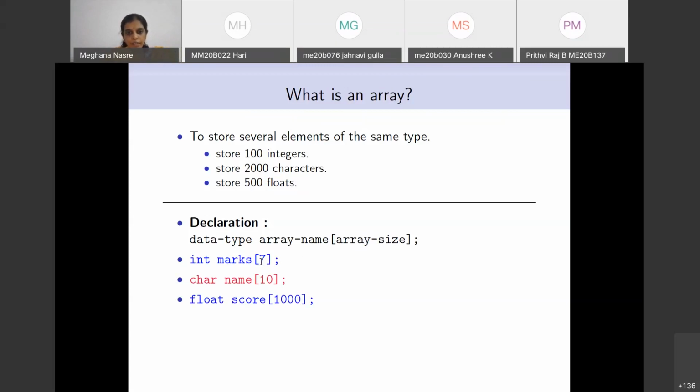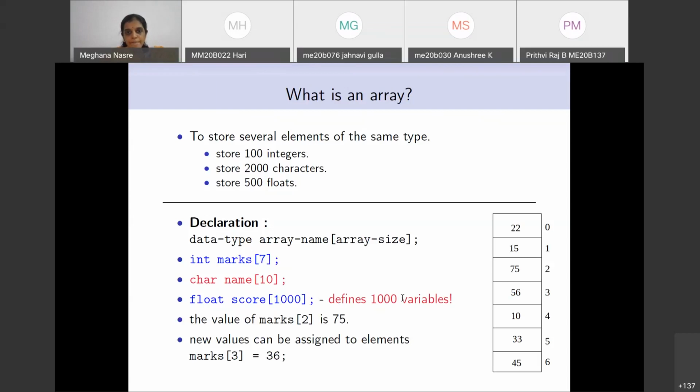Score is an array which has 1000 entries, and each of them is of type float. So with this one statement, float score 1000 with a semicolon and the appropriate square braces, you have defined 1000 variables, and we'll see how to access them as we go along.